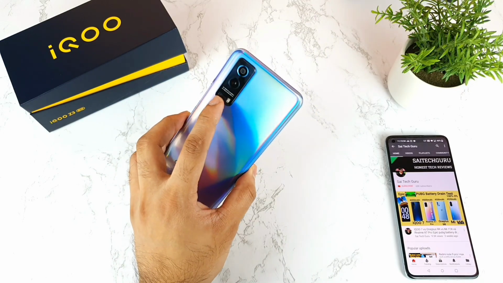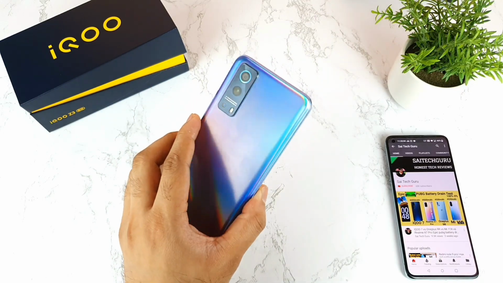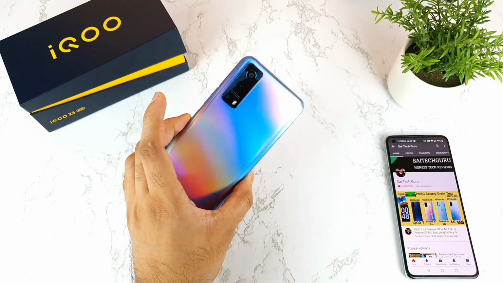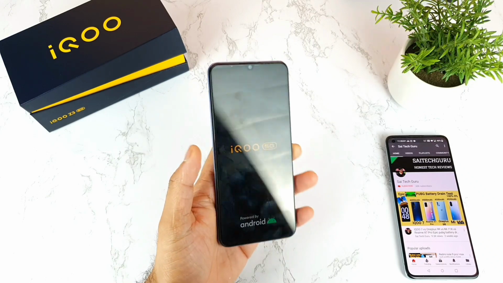Every time you change this kind of thing, the mobile will completely get restarted. I'll try to quickly compare with the 4G plus aggregation support test as well. That will be my next few videos which I'll be uploading on this smartphone. I did like this kind of color friends, which is really good, which is really great.